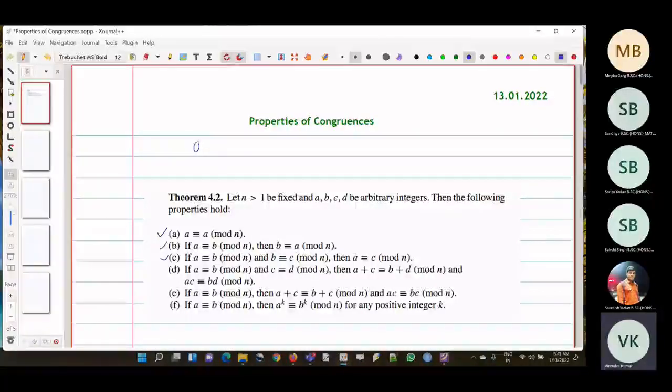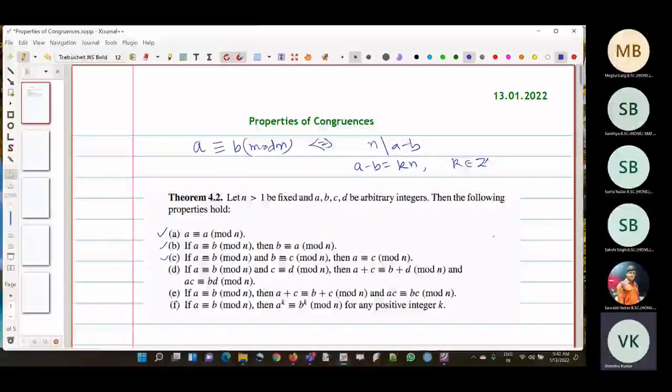So we say that an integer A is congruent to B modulo n if and only if n divides A minus B. As a result, if n divides A minus B, it means that A minus B equals some k times n for some integer k. And n also divides B minus A. So if A is congruent to B,